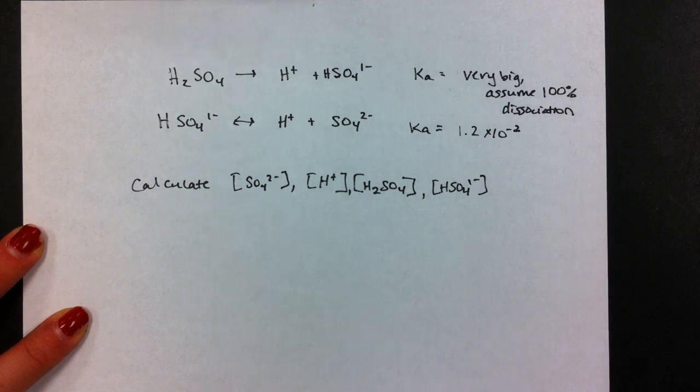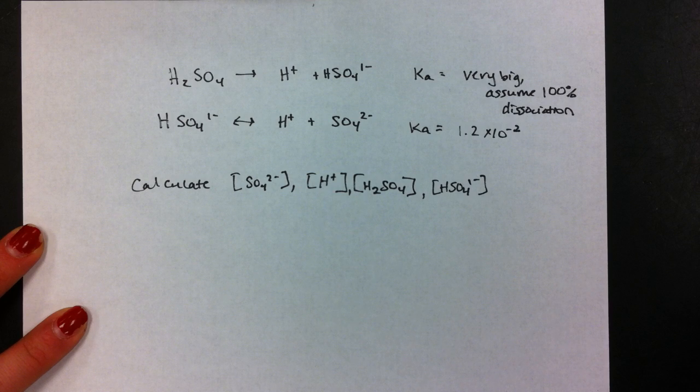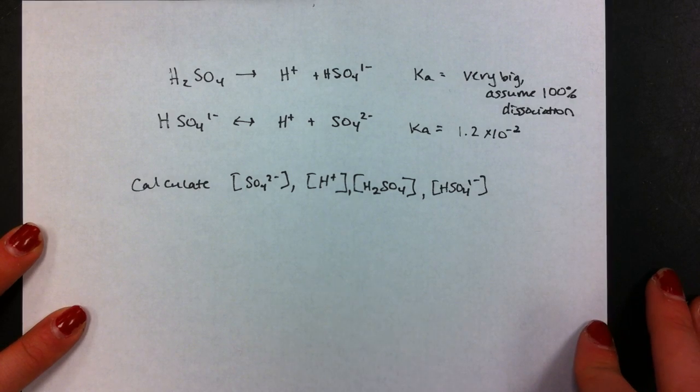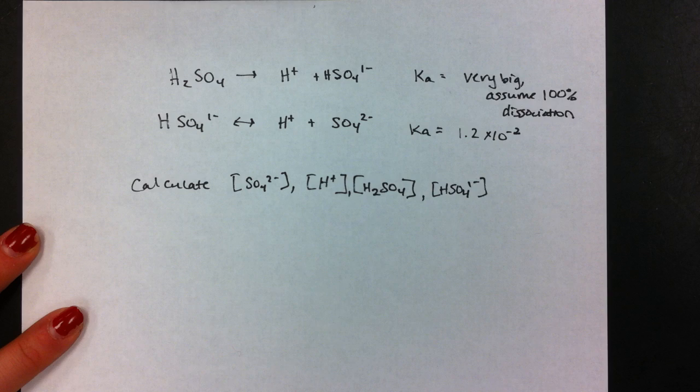Okay, so I'm going to look at a polyprotic acid, and my polyprotic acid is sulfuric acid. And if I look at the problems that you have for homework, this is like numbers 93, 95, and also number 97. Okay, so what we have is a solution of sulfuric acid, and we're trying to find the concentrations